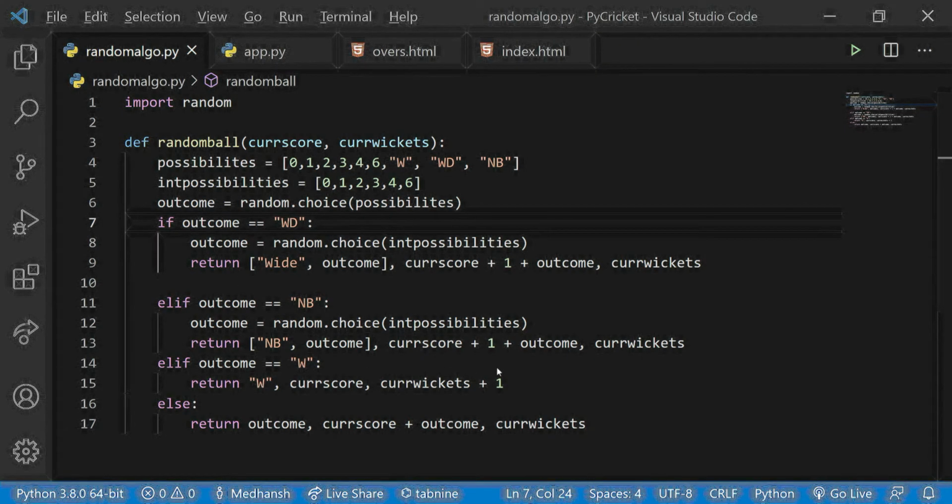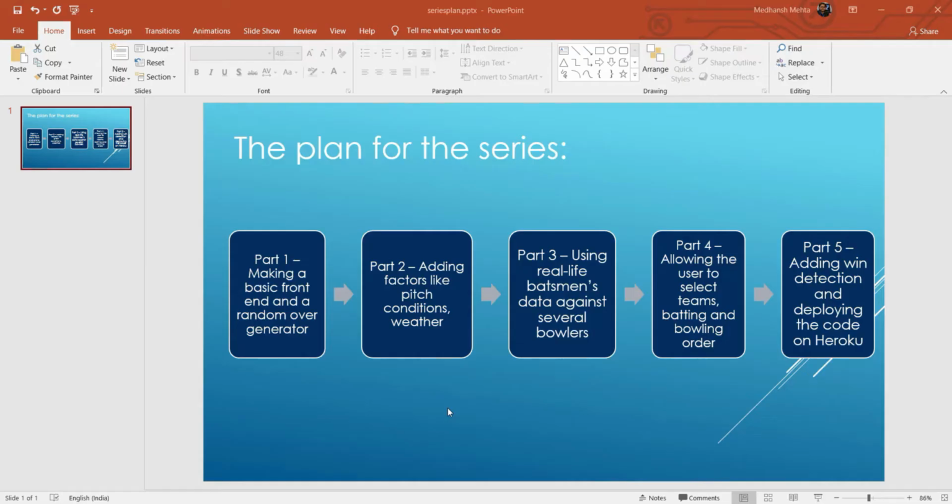Before I start with the video itself, I want to show you the roadmap for this project, in the sense of how the series is going to be planned out. Part 1 of the video is where I'm going to be making a basic front end for the cricket simulator and a random over generator, which has no actual data or logic behind it, and just generates random numbers for a ball. In part 2, I'm going to be adding actual factors like pitch conditions, weather,